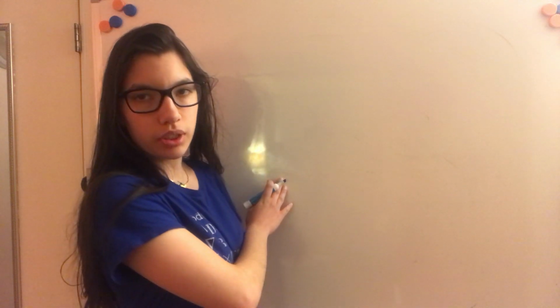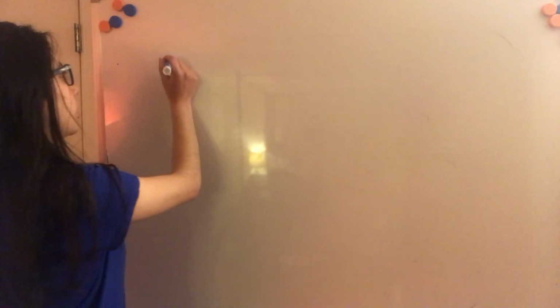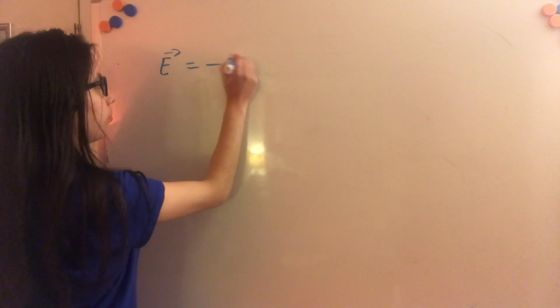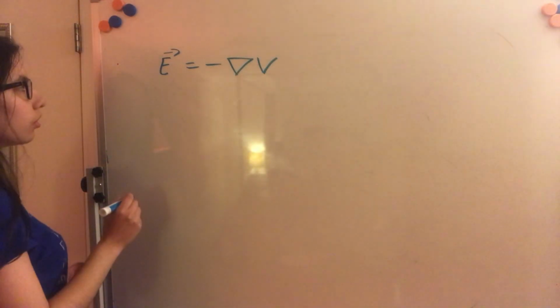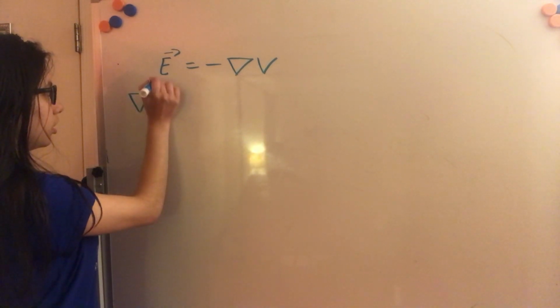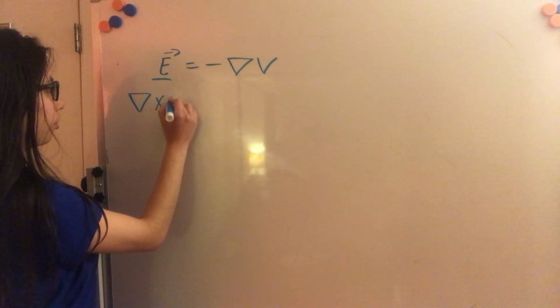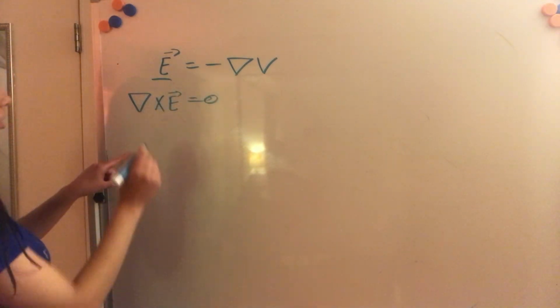Now we're going to see the first Maxwell equation in the derivative form instead of the integral form, and Poisson equation. So in the previous video we saw that the electric field is equal to the negative of the gradient of the voltage. We also know that by vectorial calculus this is a vectorial field, so the curl of a vectorial field is equal to 0, and